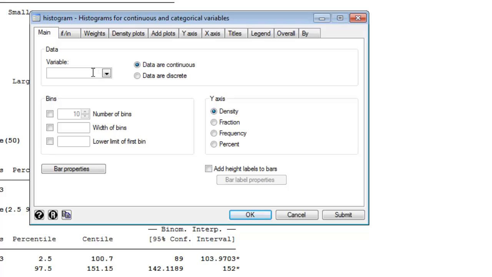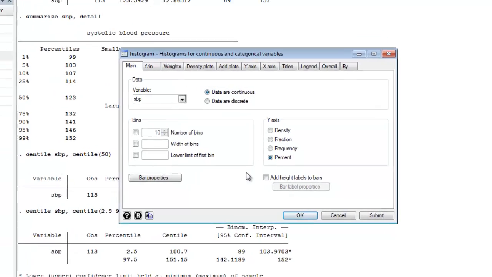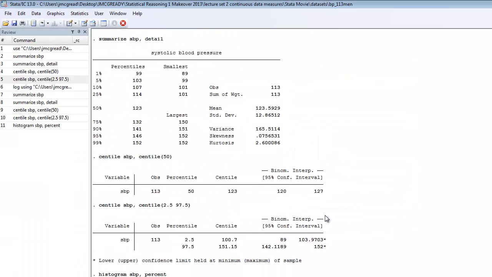But right now I'm just going to try and get a working histogram of my only variable, systolic blood pressure. And so you see I changed that. The only other thing I'm going to change here is how I want the y-axis to be presented. The default is something called density, which is not so intuitive. It's a mathematically correct representation, but it doesn't really help us understand the distribution of values in the data set. So I'm going to choose percent. This will give me something akin to what I've shown in the lecture, where the bars track the percentage of persons in the sample with blood pressures in the particular range mapped out by the bar. So I hit OK. Stata will think for a minute,